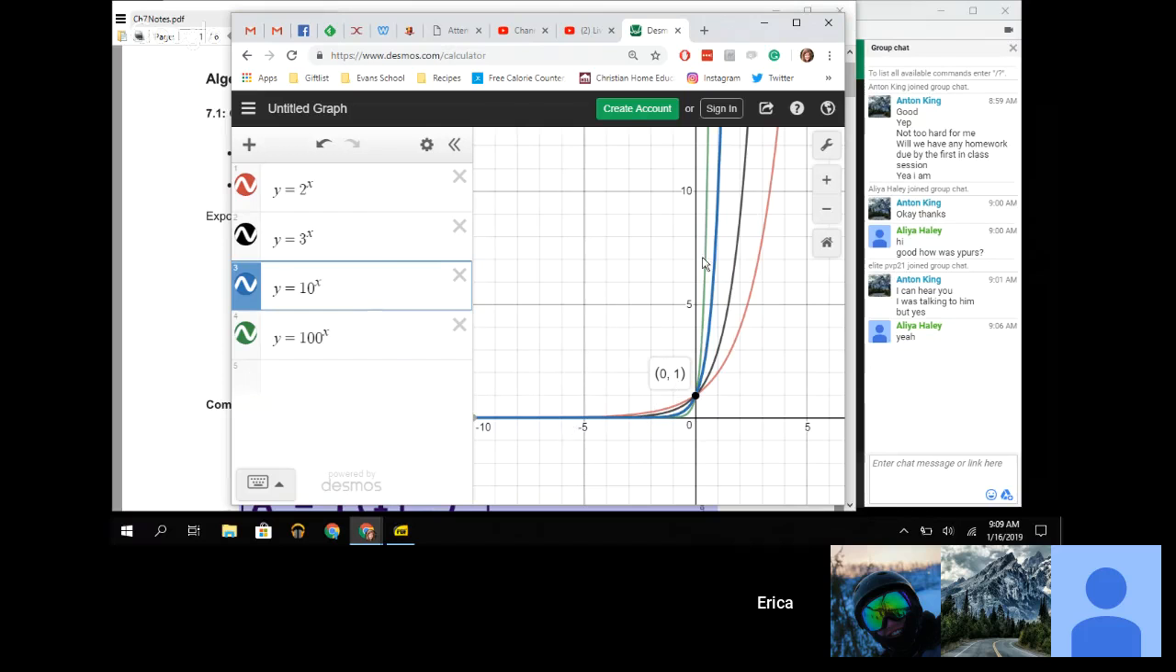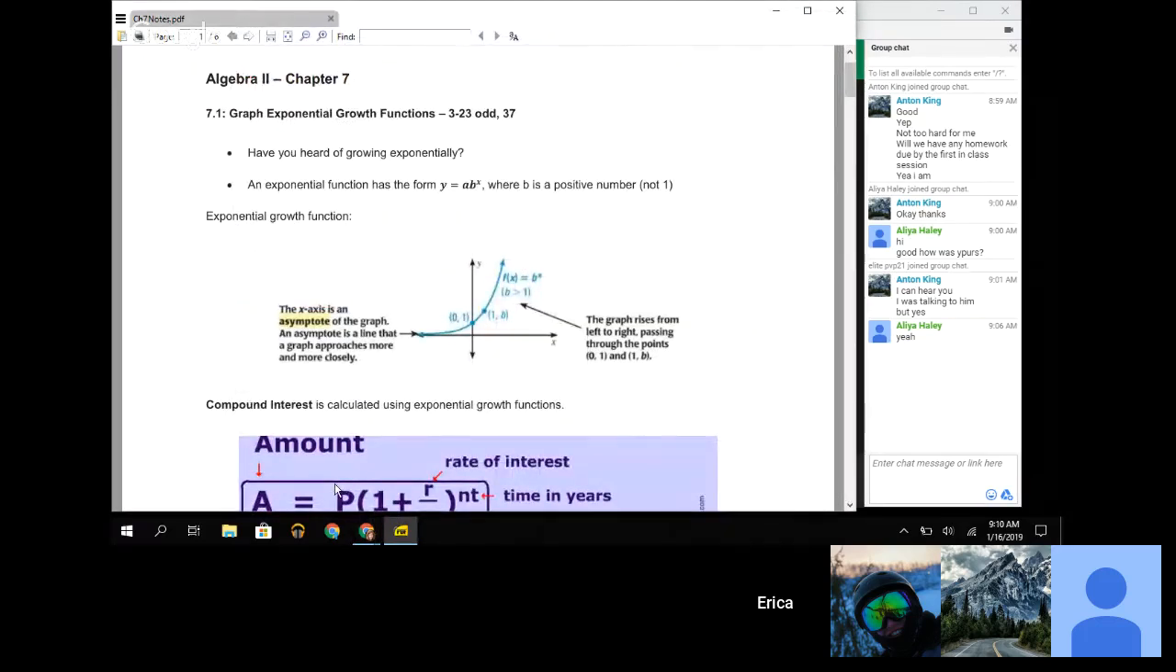So they all have this growth. The bigger the number that's the base number, the faster your exponential growth curve is going to grow. Going to go really fast. Okay, so very, very exciting, right? All right, so let me talk about why